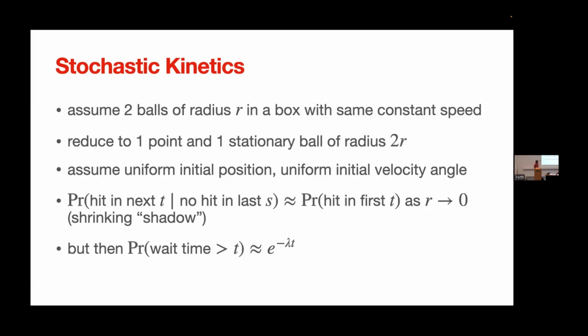With these simplifications, what we want, of course, is the probability to hit this ball in the middle in the next t time steps. It would be easy if the hitting time did not depend on the past. Then it would be Markovian and everything would be nice. It turns out that it's not exactly Markovian, because if you look at the probability of hitting in the next t time steps, given that you have not hit it in the last s time steps,